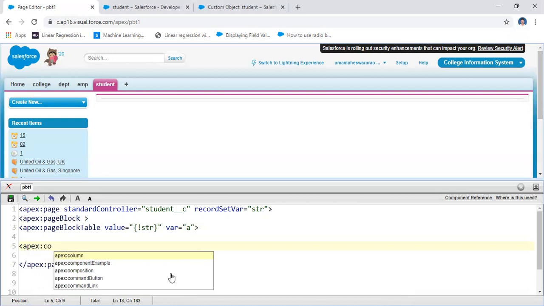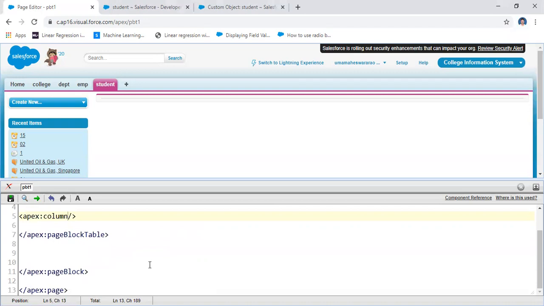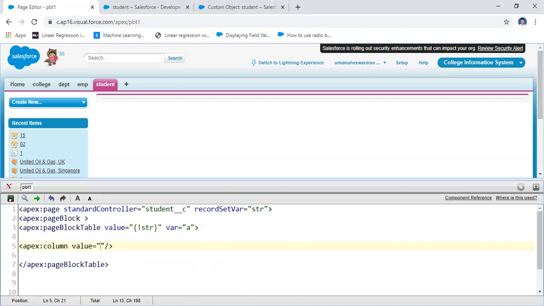Here what is a column? The column attribute consists of value. How can you get this value? This value is also a bound value. The bound value you represent in curly brackets, under the curly bracket an exclamation mark, and then a dot. What is the value here?